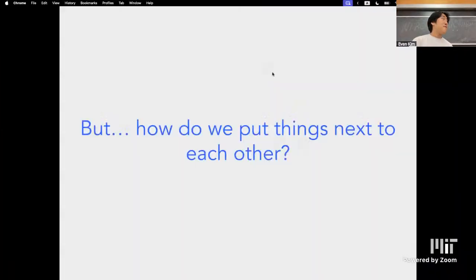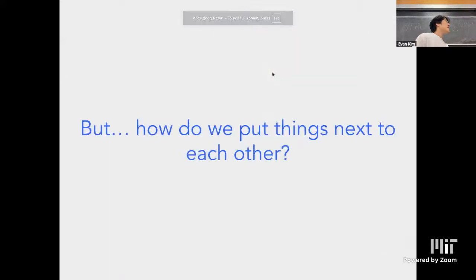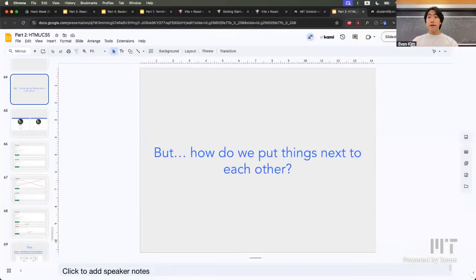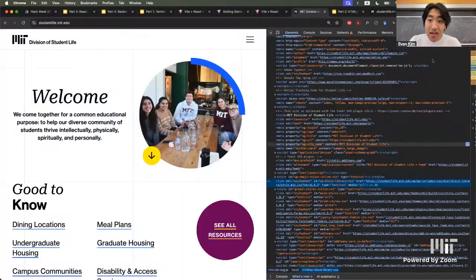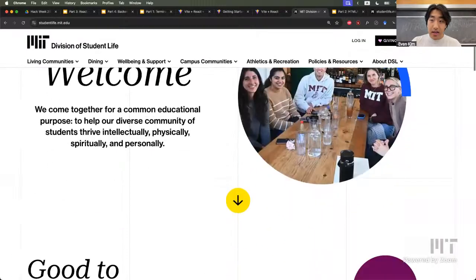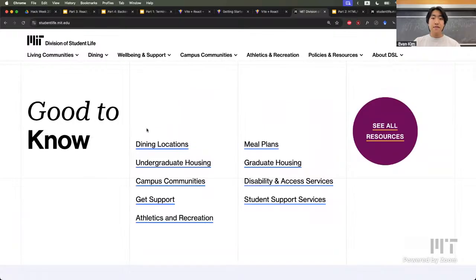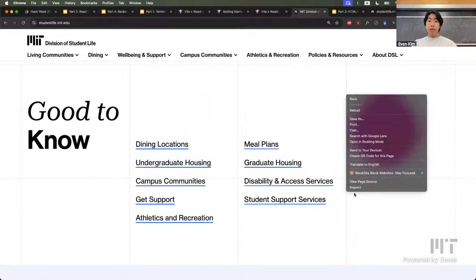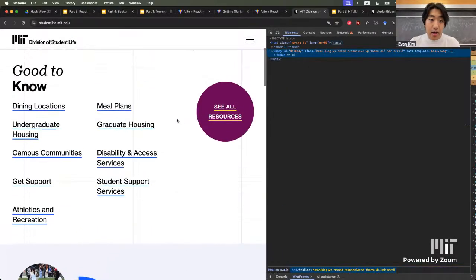The last thing you might want to know about CSS is this thing called Flex. If we go back to the MIT Dining website again, in this section there's a bunch of sheets of text laid out both vertically and horizontally. Then if we go back to the header,